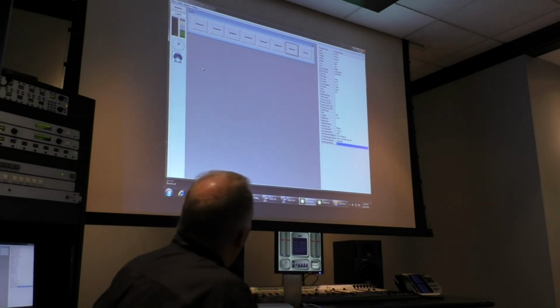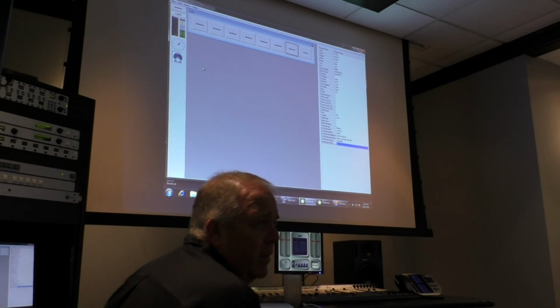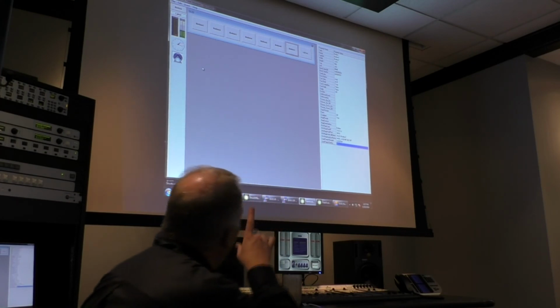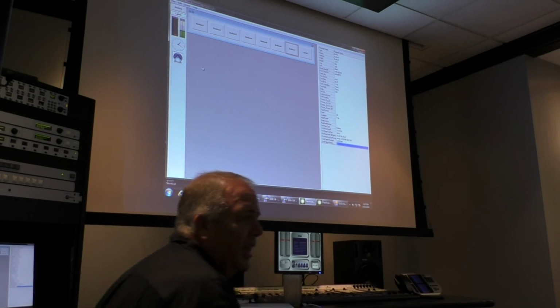So I've got a couple other things I'd like to show you on these button panels, like how to make routes. The routing is kind of cool because it isn't really reliant on PathFinder stack events to make routes. You can program the button to actually just take a route, and then anytime that route is active,